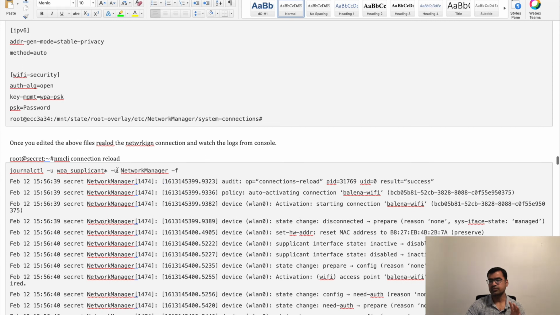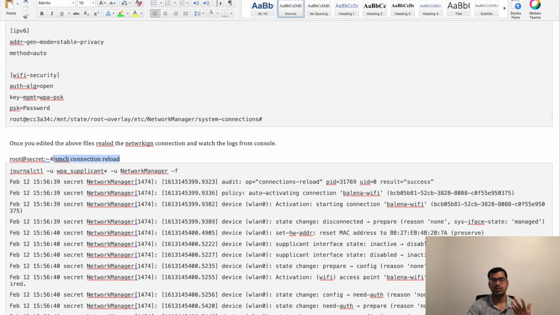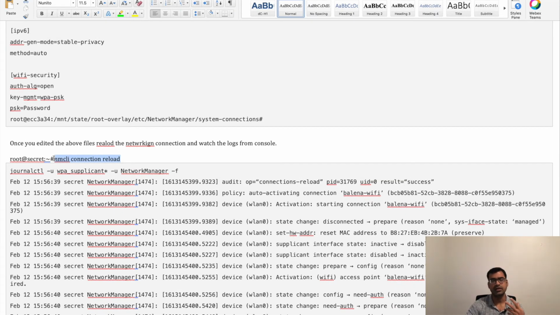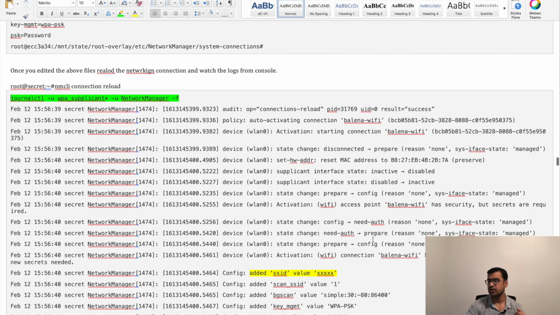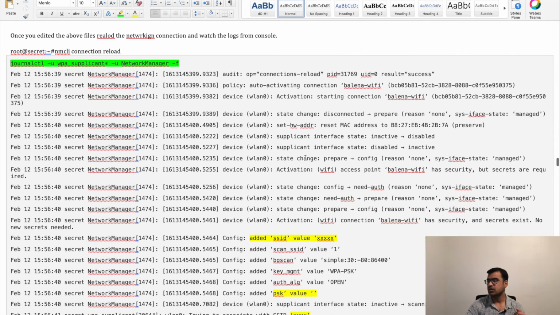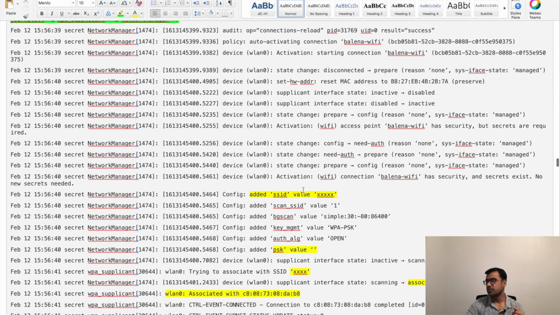What you have to do now is simply reload the Wi-Fi connection, or all the connections. NMCLI is available by default, so you can just come here and say nmcli connection reload and watch the log. If you want to watch the log, you can use the journalctl command, and you can see what is going on. So basically